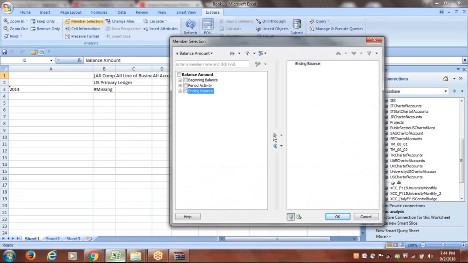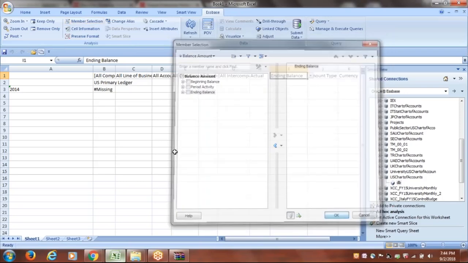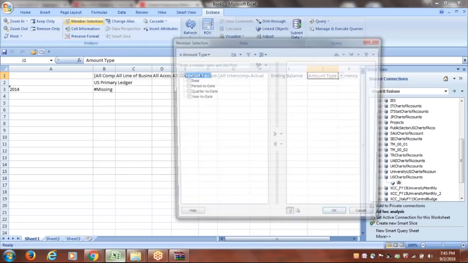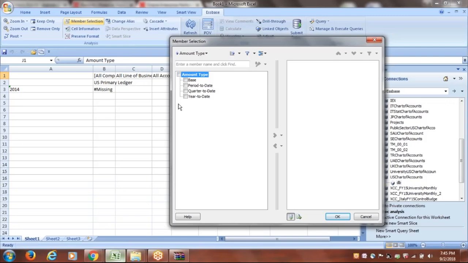Amount type, member selection, same dimensions, same whatever we can see from the FRS, the same we can see from here. So how you want to see the report, the balances year wise, quarter wise, or period wise. You can select multiple also. If you select multiple levels, it will display. And you just select periodic